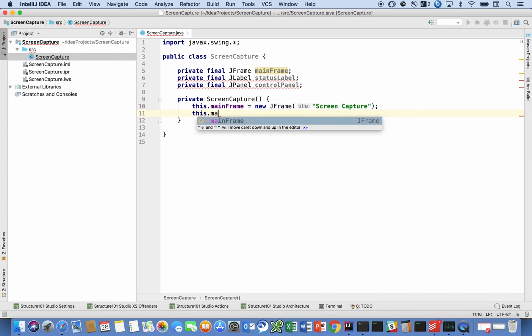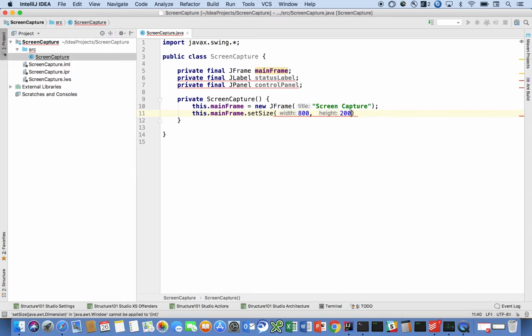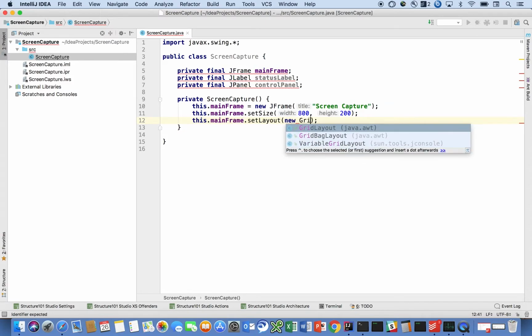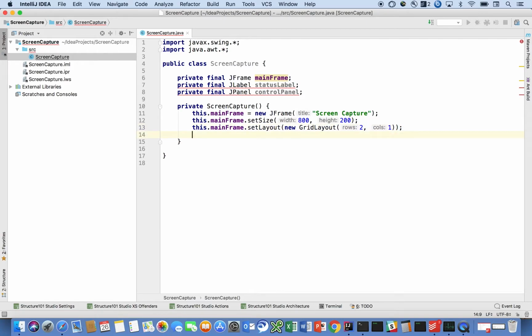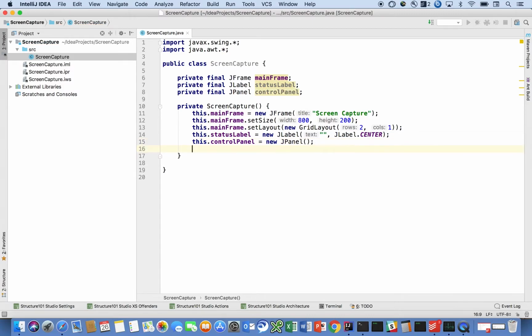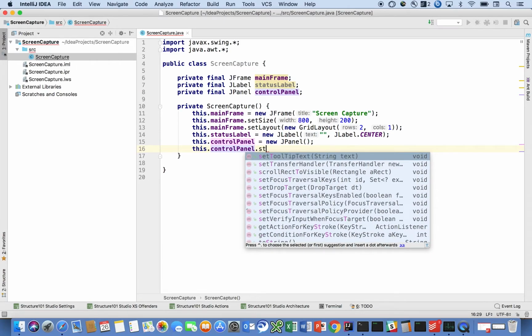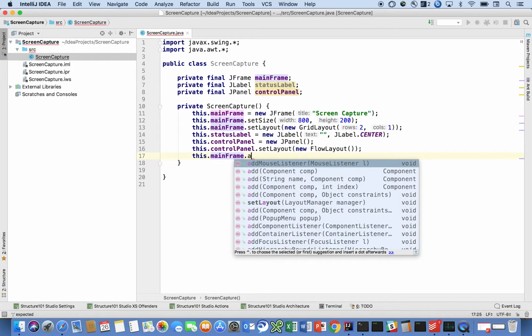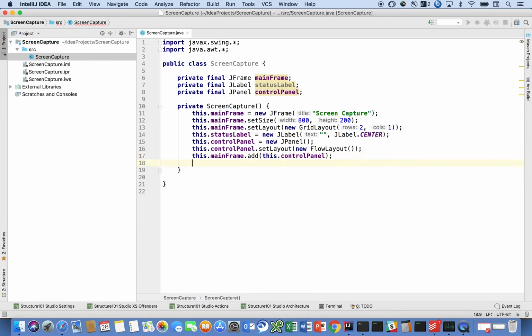This.mainFrame.setSize to 800 by 200, just an arbitrary size selection. this.mainFrame.setLayout, we're going to pick a new GridLayout, 2 rows and 1 column. this.statusLabel is equal to new JLabel, with no title and centered. And this.controlPanel is equal to new JPanel. this.controlPanel.setLayout, FlowLayout. this.mainFrame.add this.controlPanel, this.mainFrame.add